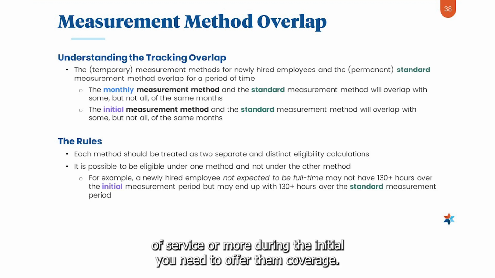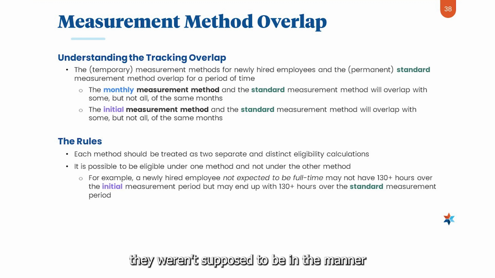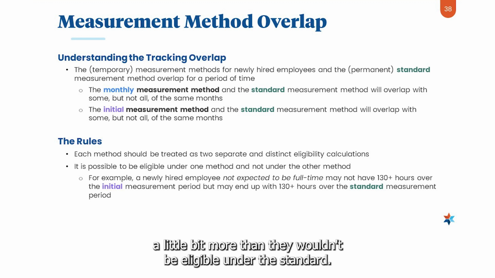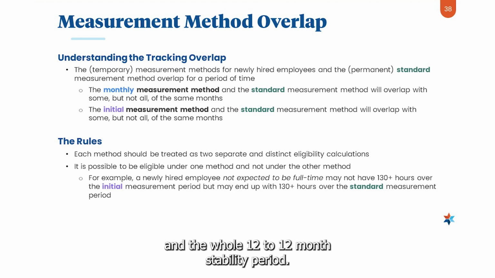You need to offer them coverage. But then under the standard cycle, they're not, for whatever reason. They weren't supposed to be, and the manager, you communicate with the manager, and the hours are controlled a little bit more, then they wouldn't be eligible under the standard. But you still need to let the whole initial cycle work all the way through, and the whole 12-month stability